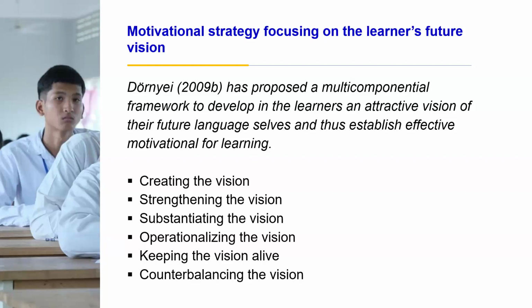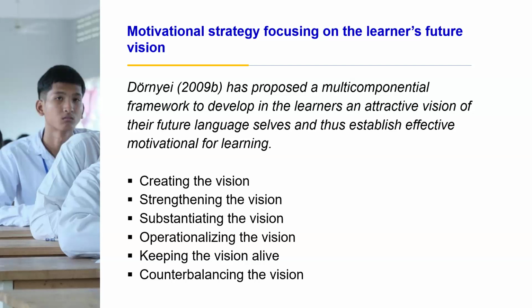And the next one, just keep the vision alive. So students need to continue their vision. Within this one, students need to try hard, and the teacher can also be part of this. So to keep the student's vision alive, the teacher needs to praise them. The teacher needs to set up activities that are relevant to the student or to the student's vision, to help students